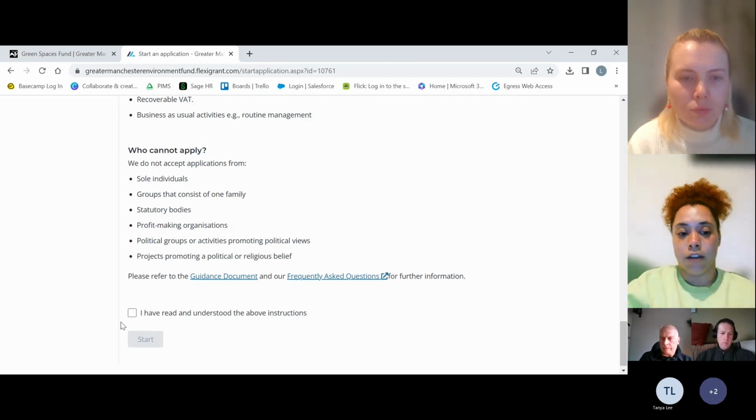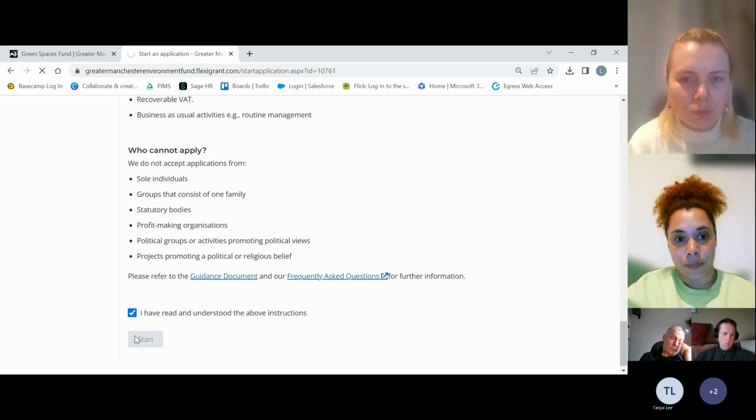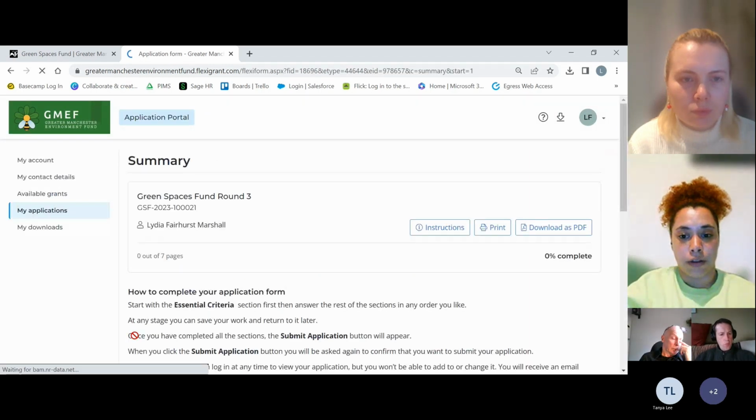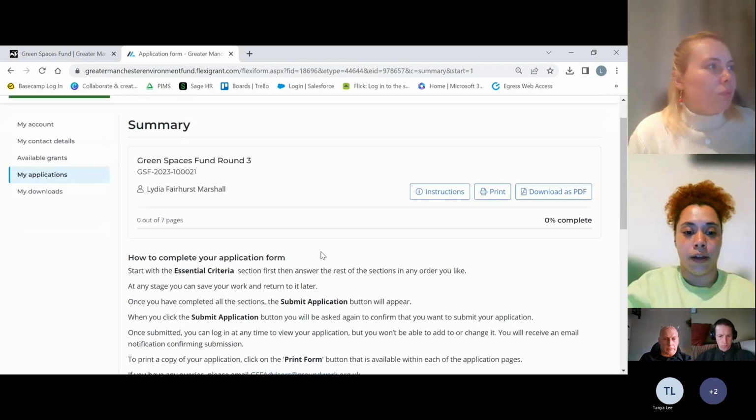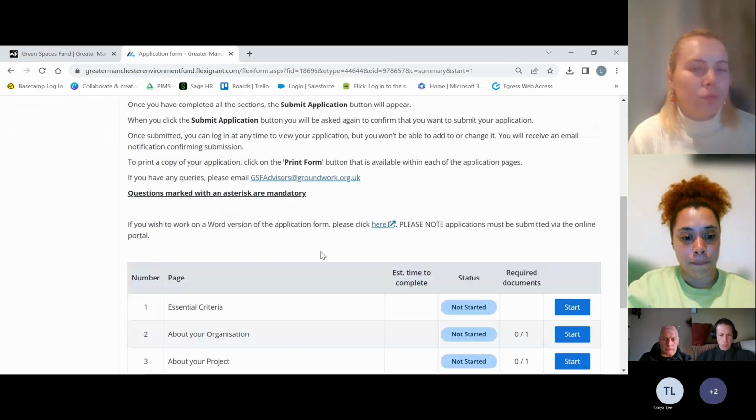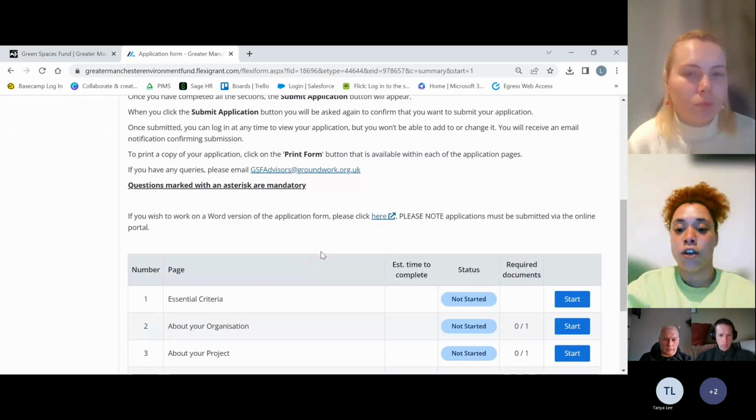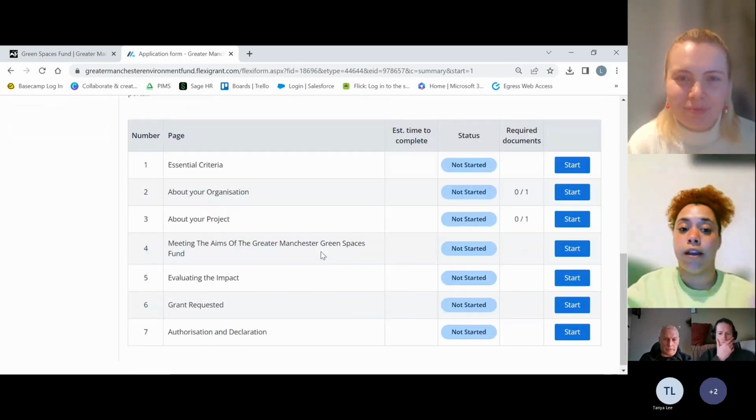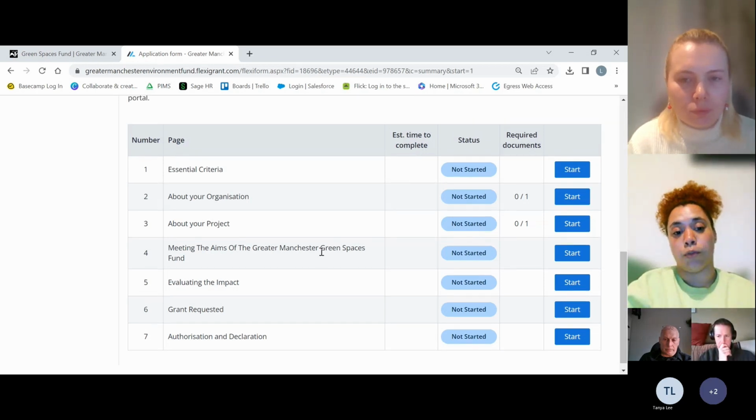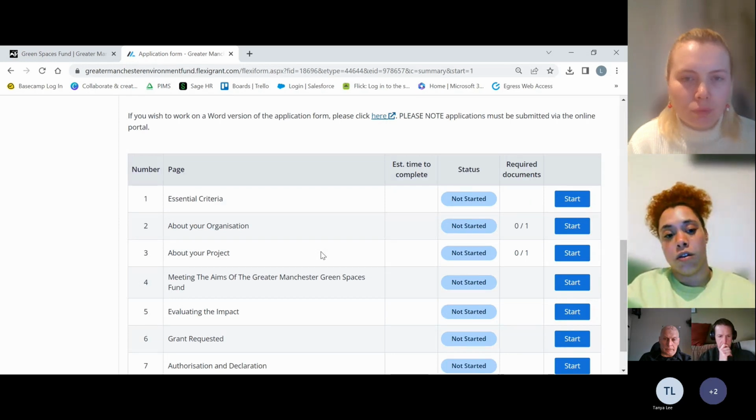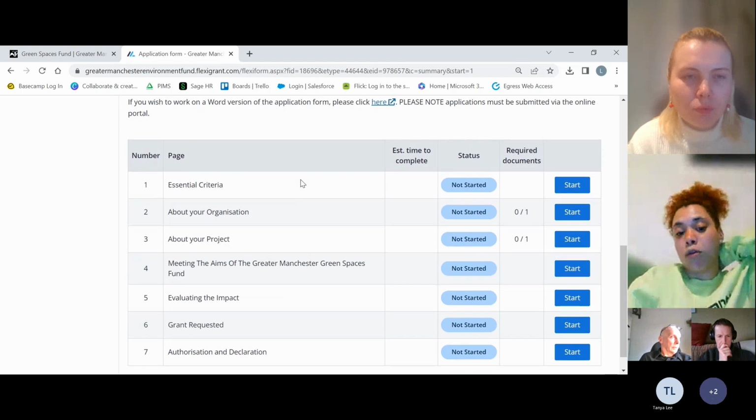So once you've read that, you just have to agree again, and then you can start your application. So this will load into this screen, and you start on the essential criteria. Oh no, sorry, I'm getting ahead of myself. You start with your summary screen. So this is where you can break it down into each aspect of the portal, which is really helpful. So you can just start one, you can start the essential criteria, finish that and think, oh, well, I know more about